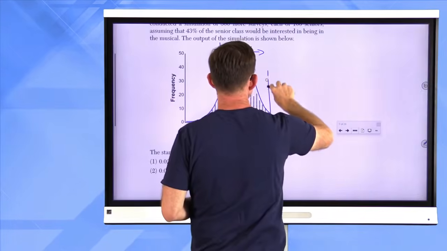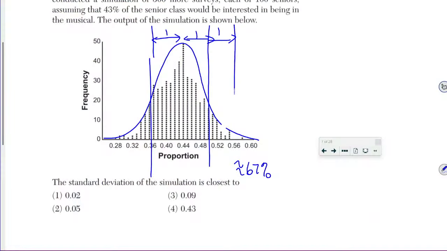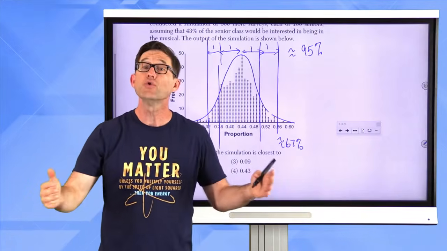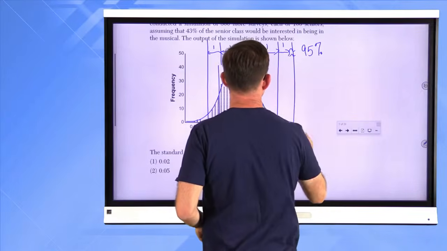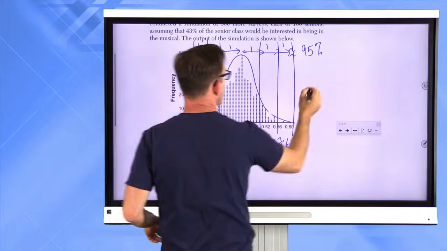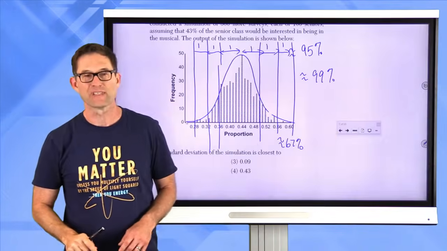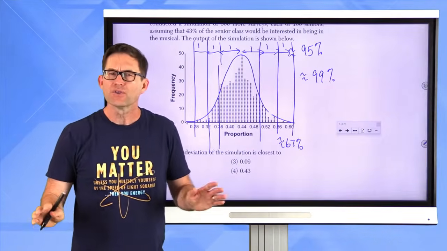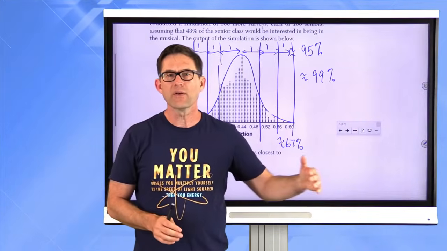Within two standard deviations, and maybe I should have drawn that a little bit closer. Within two standard deviations, so if I go one more out, there's about 95% of all the data. And within three standard deviations, one more out, there is about all of the data, 99%. Okay, all right? So if I've got a normally distributed situation, and I go three standard deviations above the mean,